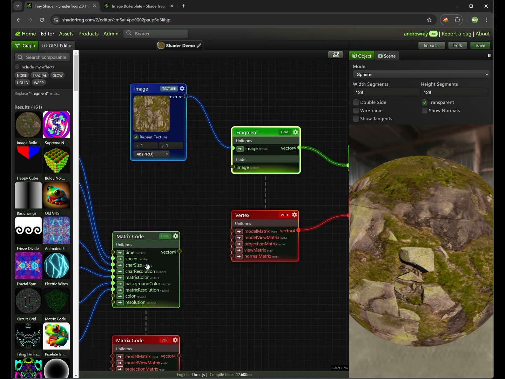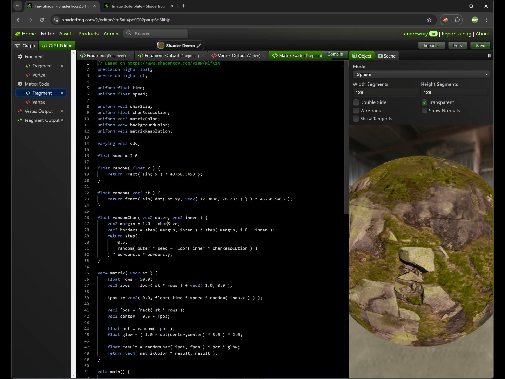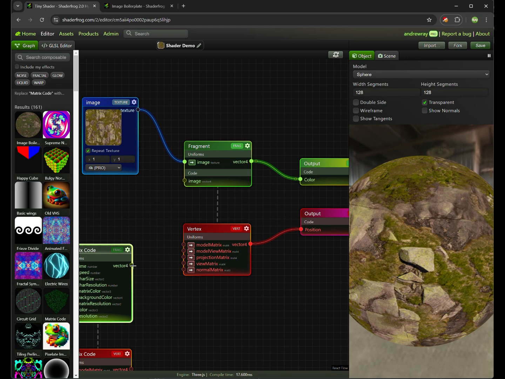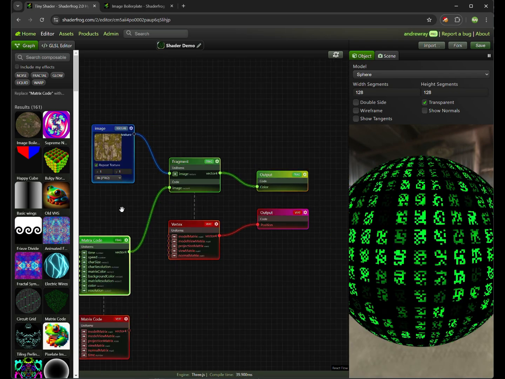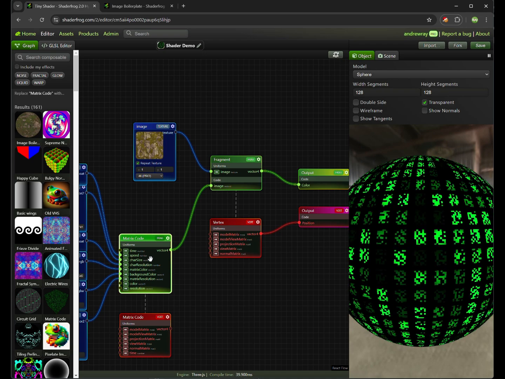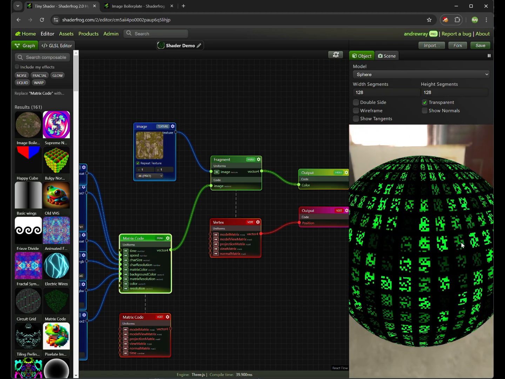So first of all, I want to show you this matrix code here that I dragged in. It does a bunch of stuff, but it's the same concept where there's a main function that returns nothing and assigns to the global gl_FragColor shader variable. I'm going to go back to the graph, and I'm going to drag the output of this into the code node of the fragment shader, and let's see what happens. Interesting. So it is showing this matrix code shader